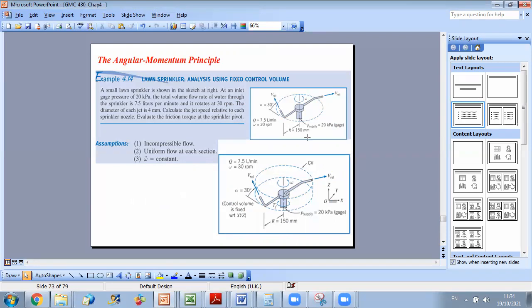So here you impose a pressure at this level equal to 20 kilopascal. The total volume flow rate of water through the sprinkler is 7.5 liters per minute, and it rotates at 30 rotation per minute. So this will give you Q dot, okay,